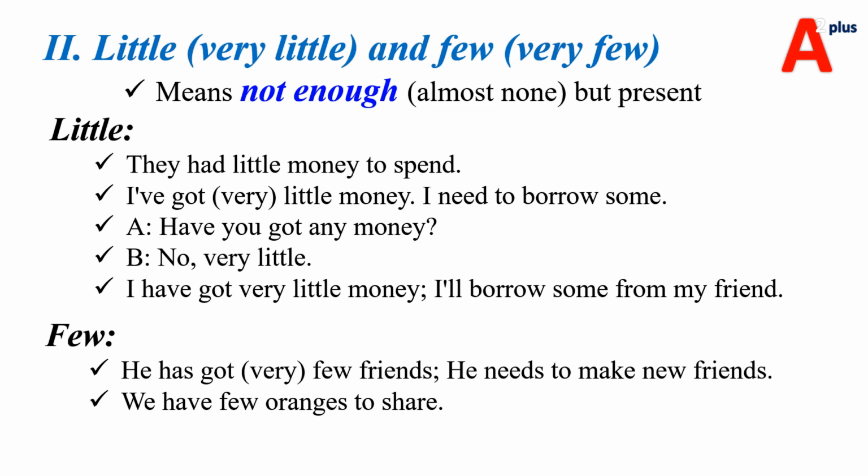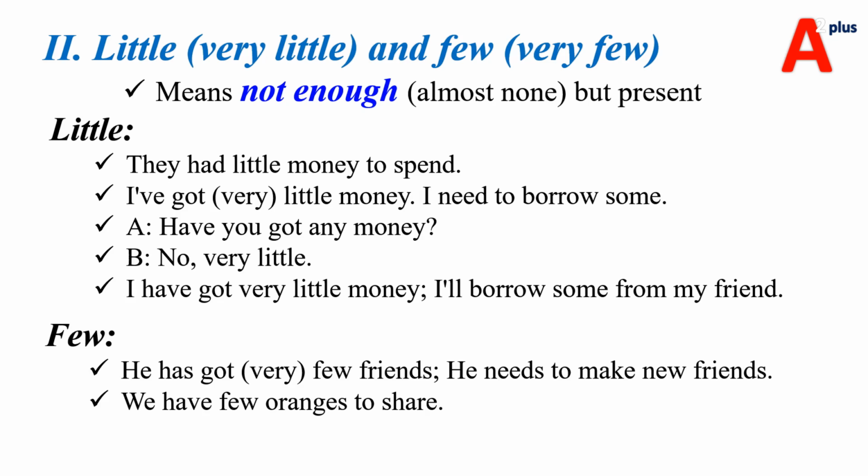For example, little. They had little money to spend. ትንሽ ብር ነበራቸው ግን በቂ አይደለም የነበረው። Okay? I have got very little money. I need to borrow some. በጣም ትንሽ ብር ነው ያለኝ። ብር አለ of course አለኝ ግን I have little money. It means I have very little money. It means በጣም ትንሽ ብር ነው ያለኝ። ስለዚህ መበደር አለብኝ እንዳለ ማለት ነው።